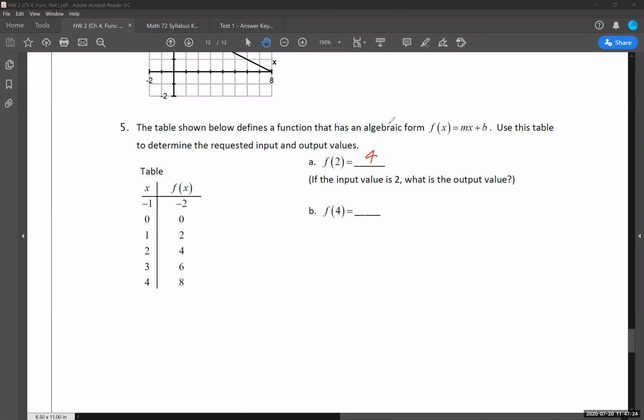Similarly with our next part here, part B, we're asked what is f of 4? 4 is our input value. It's in the parentheses, so it's an input value. So x is my inputs, finding that on my table. So I have my input value of 4. What is its corresponding output value? 8. And I plug that in for my final answer here. So what is f of 4? F of 4 is equal to 8. It's the corresponding output with it.